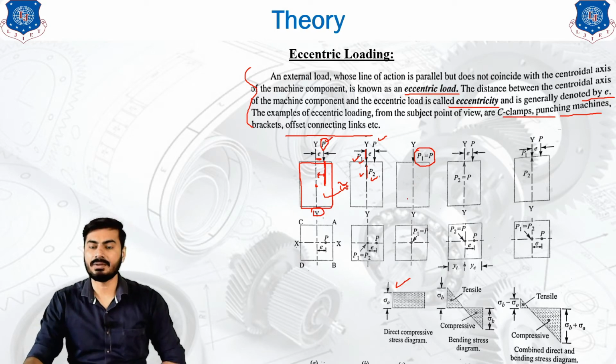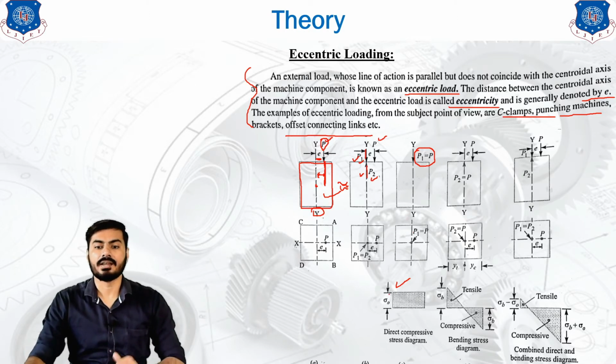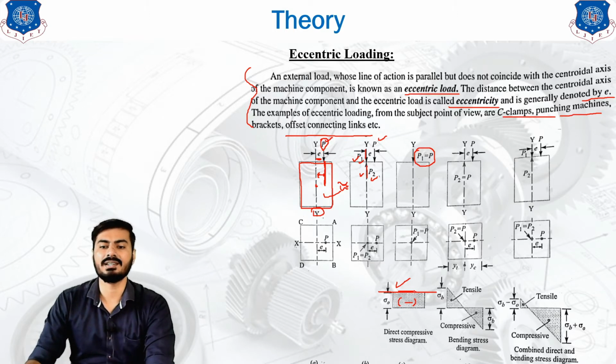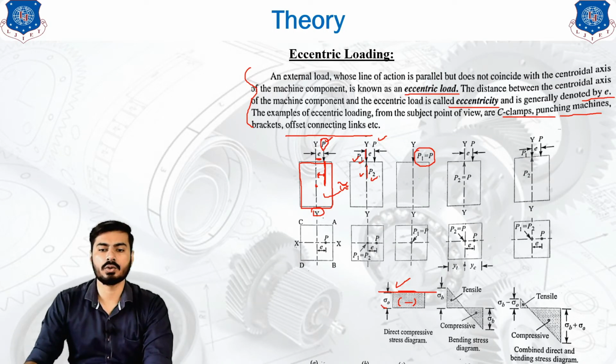If it is a compressive force, then your diagram will be in the negative direction, or we can say that if this is the neutral line, then your diagram will be on the negative side. So this is the negative side, represented below the neutral line, or zero, or reference line. Okay, so this is the normal stress generated due to the axial loading.